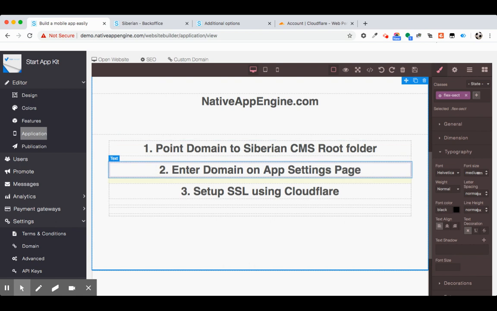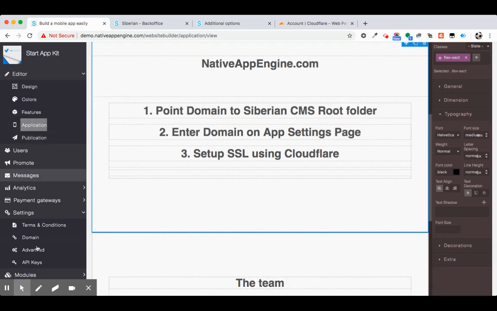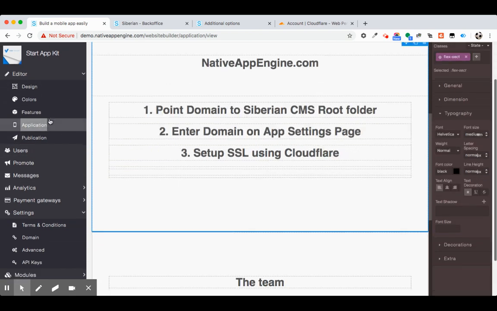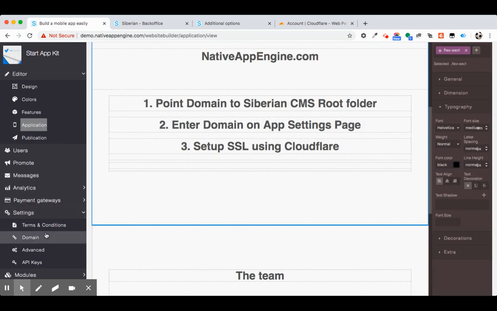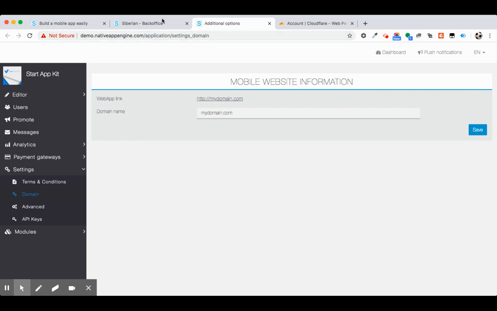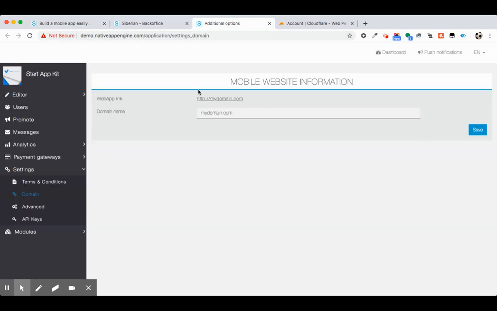Okay. Now the next step is to enter the domain on the app settings page. Once you go to each app editor, you'll see in the settings section there is domain settings. If you click on this domain settings, you'll get an option to enter your own domain.